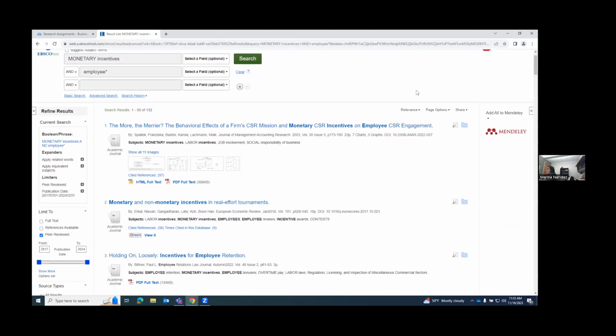Now you are going to have to take a position. So maybe at this point you want to start looking at the phrases that they give in the subjects line and start thinking, okay, monetary incentives, job involvement. Let's say that the position for your perspective was that monetary incentives don't work with employees. So your question could be, why don't monetary incentives work with employees? A main idea could be that it doesn't really make many people involved. It doesn't really help with that. So you put that in there,